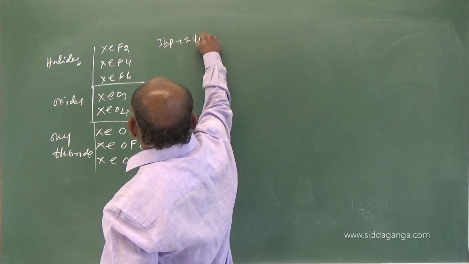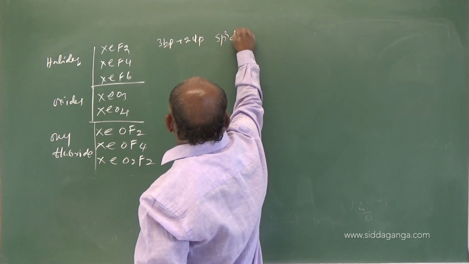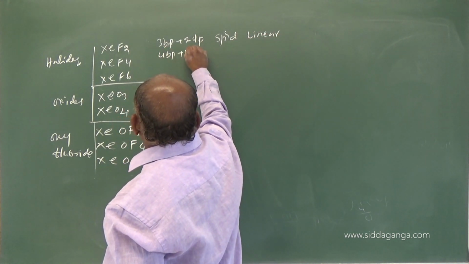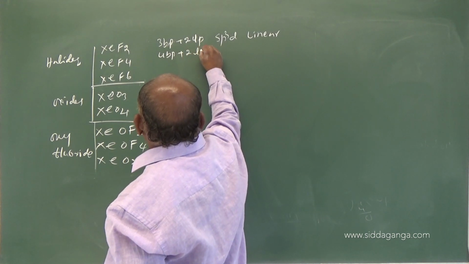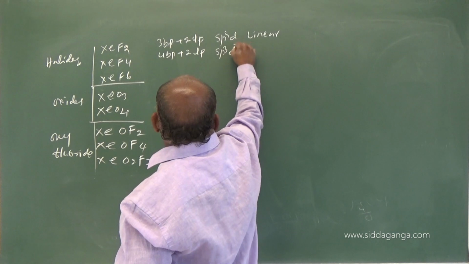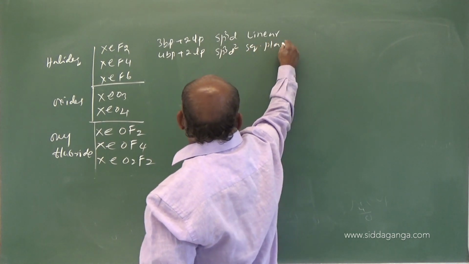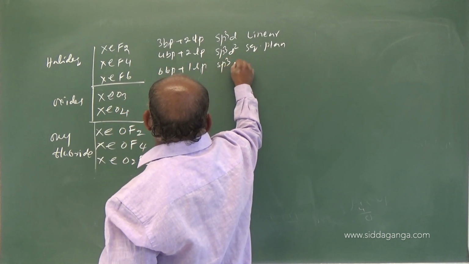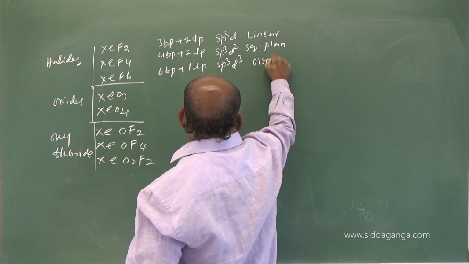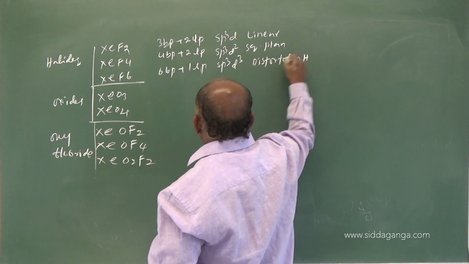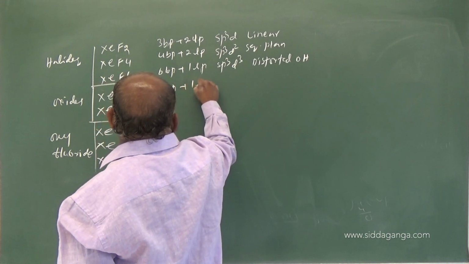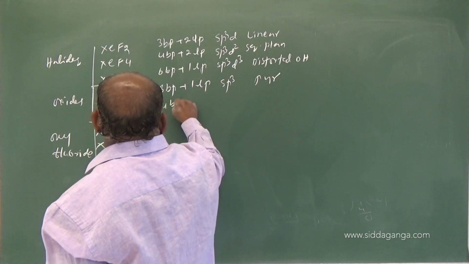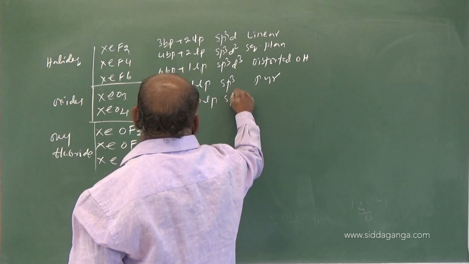And in this example, here 3 bond pairs plus 2 lone pairs. It is sp3d, linear. Here 4 bond pairs plus 2 lone pairs, it is sp3d2, square planar. It is 6 bond pairs plus 1 lone pair, sp3d3, distorted octahedral. Here 3 bond pairs plus 1 lone pair, sp3, pyramidal. Here 4 bond pairs, 0 lone pairs, sp3,